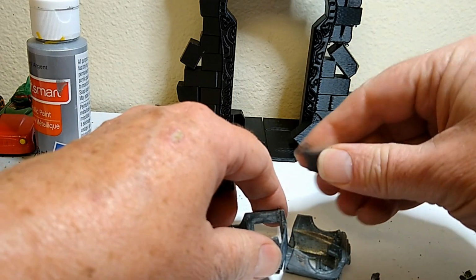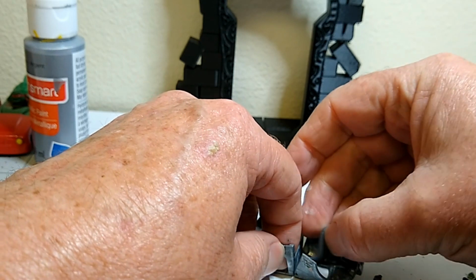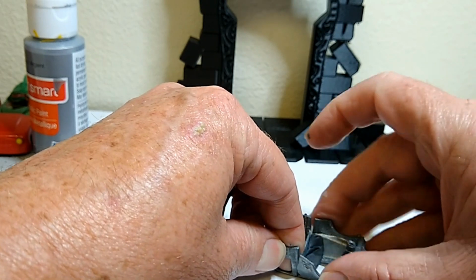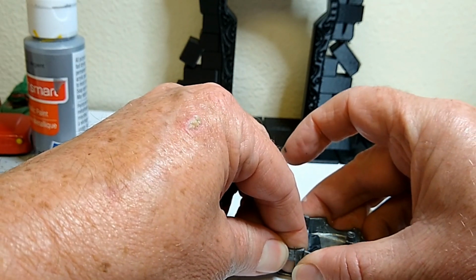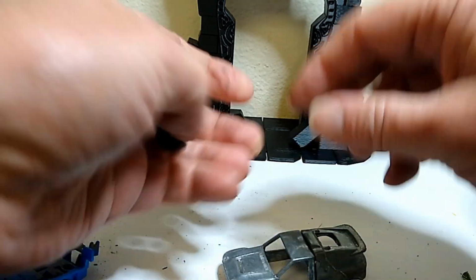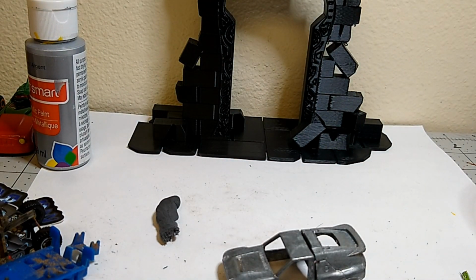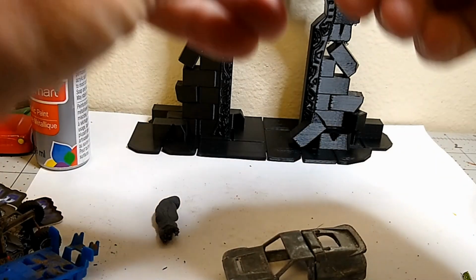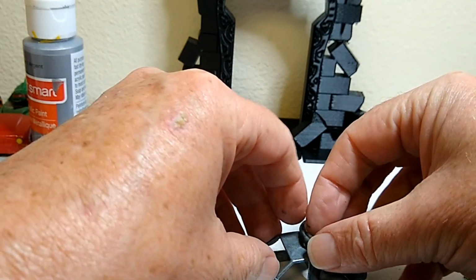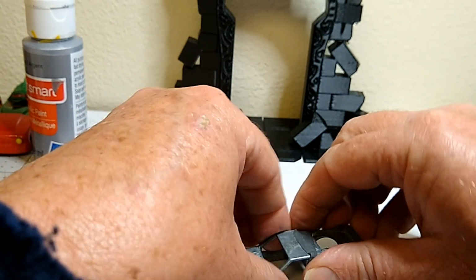So let's see if I can get this on here in a way where it'll hold. Maybe I can add glue to it after the fact and keep it together as well. But I think once this putty sticks, it'll hold it together very well. Once that's attached, what I can do, like I said, is add a small bead around it. If I roll this up into a nice snake-like thing, or like a worm or whatever, and wrap this around here, I can hopefully get this together and then sand it, we'll see how that